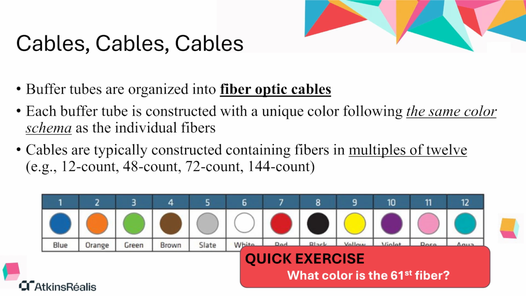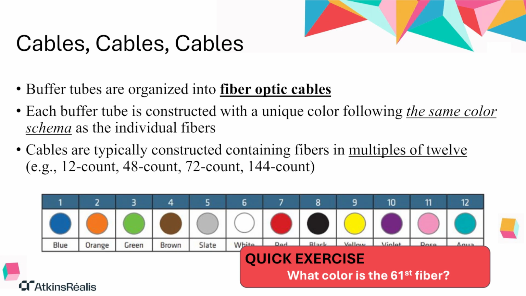You mentioned a brain exercise earlier from the source material about finding the 61st fiber. How does that work with the colors? Right, it's a good way to illustrate the system. So if you have a cable with many fibers, say a 144 count cable, that means it has 12 buffer tubes, and each tube has 12 fibers inside. 12 by 12 equals 144. Now, not only are the fibers inside each tube color-coded blue through aqua, but the buffer tubes themselves are also color-coded using the exact same TIA 598-D sequence. The first buffer tube is blue, the second is orange, the third green, and so on, up to the 12th